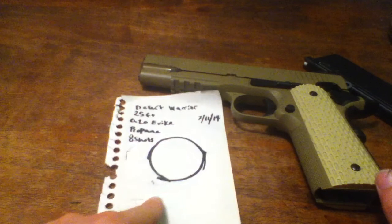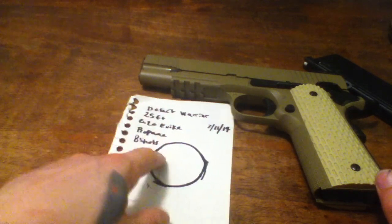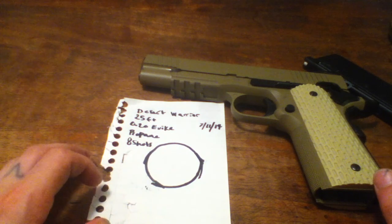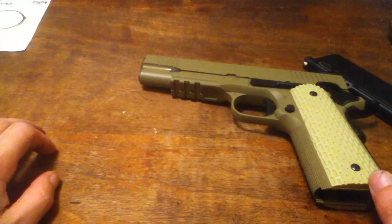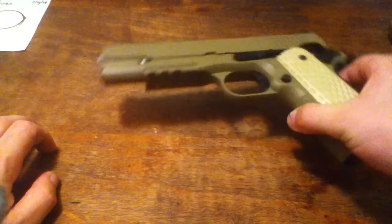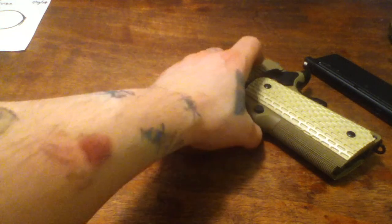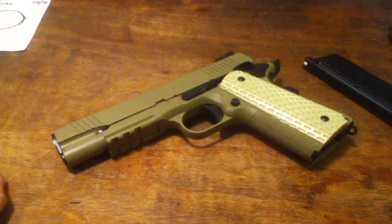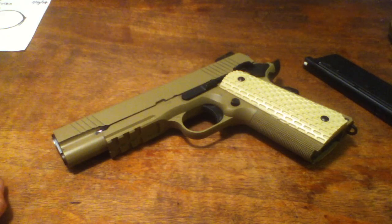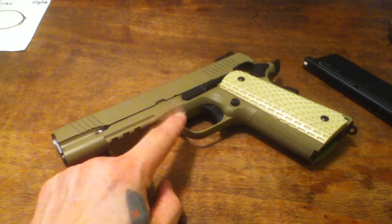So, I mean, that's another damn ant. But that's really good. That's really good. So there's that. As far as accuracy goes, it's pretty accurate. I mean, it is a 1911 style WE pistol, and they're great. Not all WE guns are great, but the 1911s and the M9s seem to be really good. But then again, I